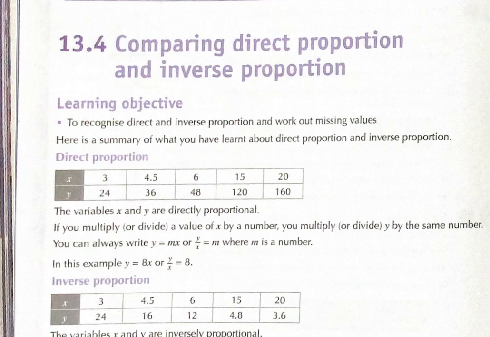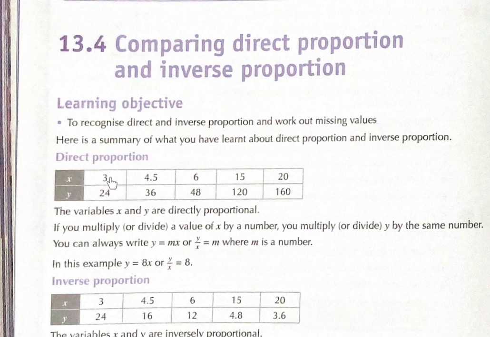13.4, comparing direct proportion and inverse proportion. What is the difference between direct and inverse? First, if we have y and x directly proportional, so if we have two quantities directly proportional, if you multiply x by any number, you have to multiply y by the